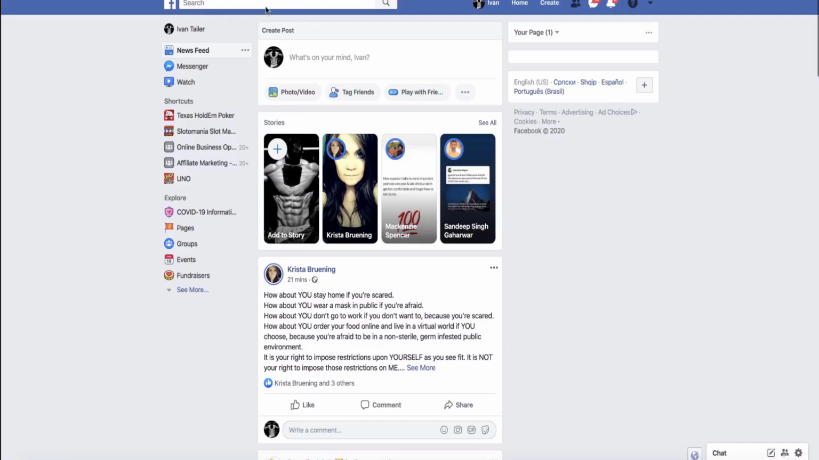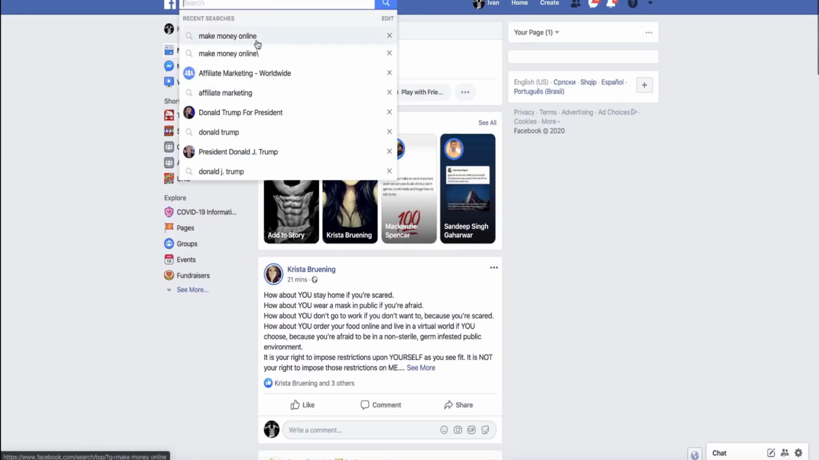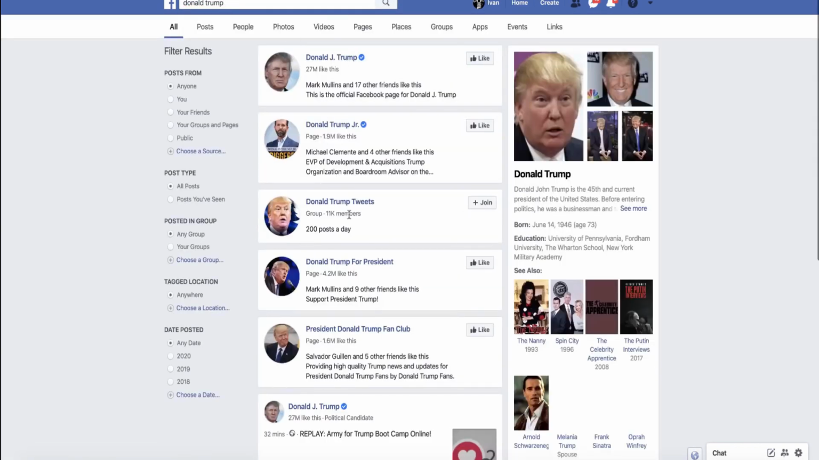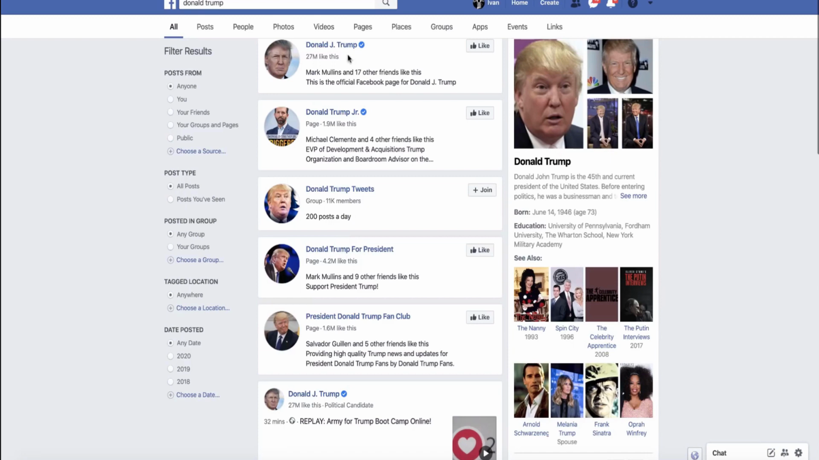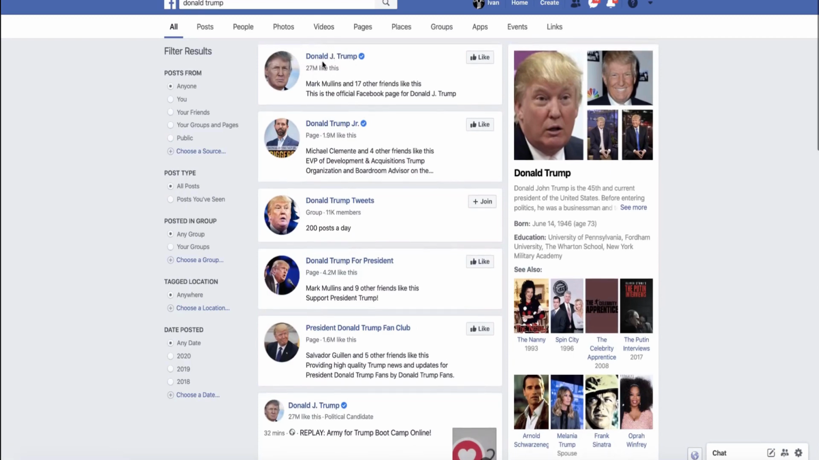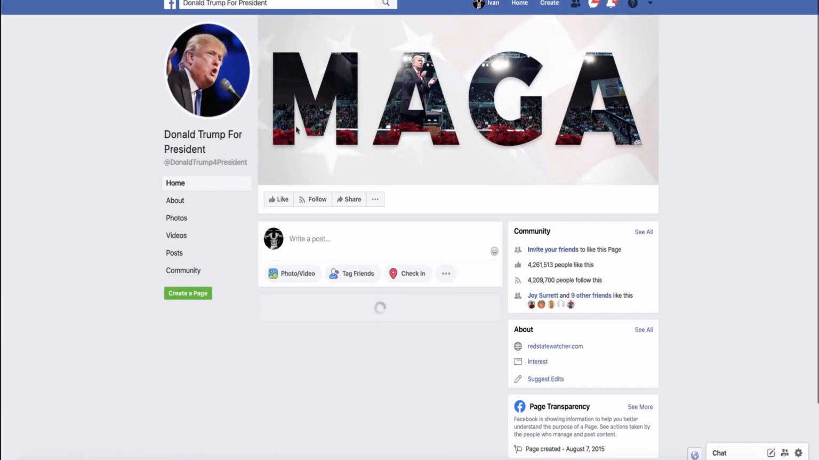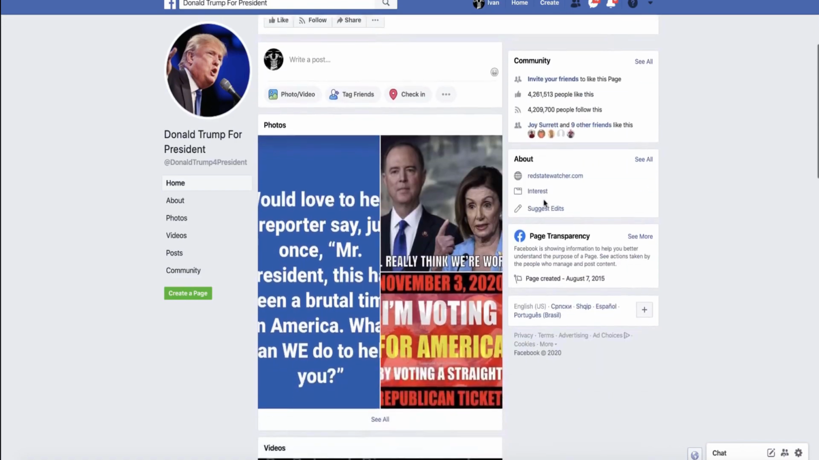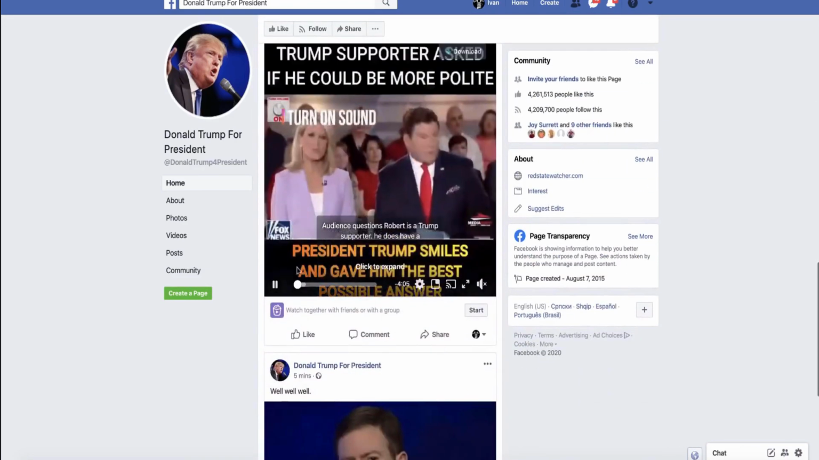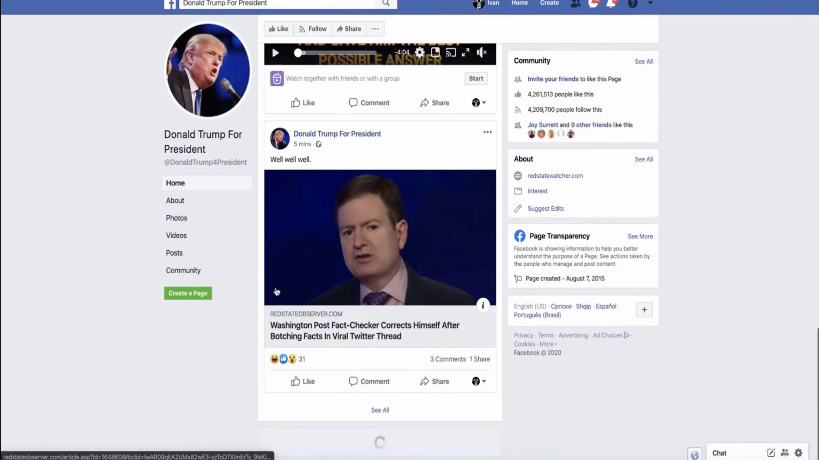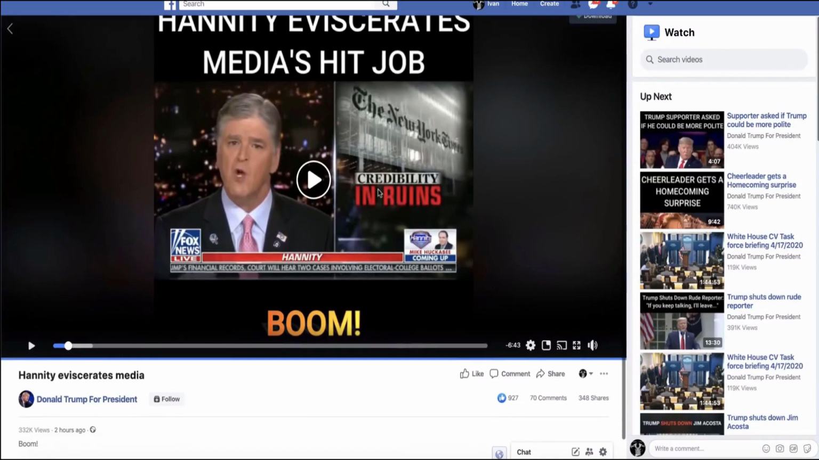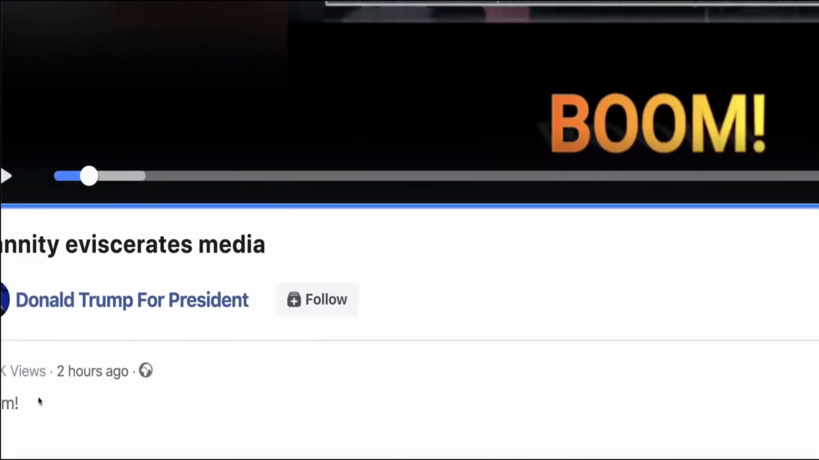If you go on Facebook and search for Donald Trump, you're going to find a ton of pages related to Donald Trump. You don't want to use the main page, but you can see there are different ones. Example, this one has 4.2 million likes on this page, and there are a lot of videos here. You can see some of them have a lot of views, a lot of shares. You can see this video has 332,000 views